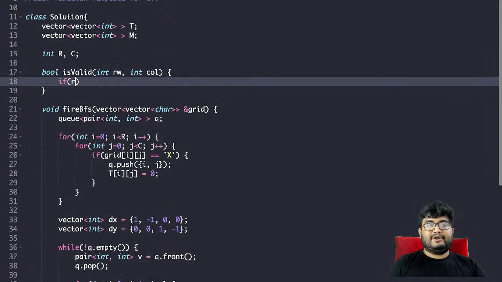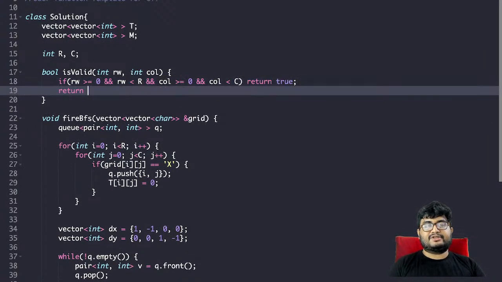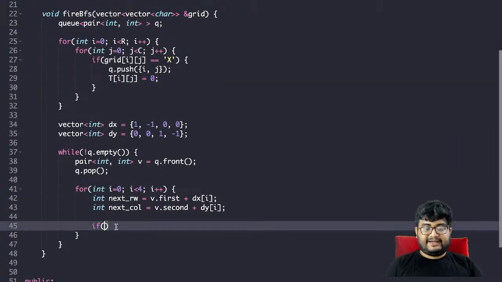So if row is greater than or equal to 0 and row is less than r and column is greater than or equal to 0 and column is less than c, then we'll return true, otherwise we'll return false. So if is valid, next row, next column,